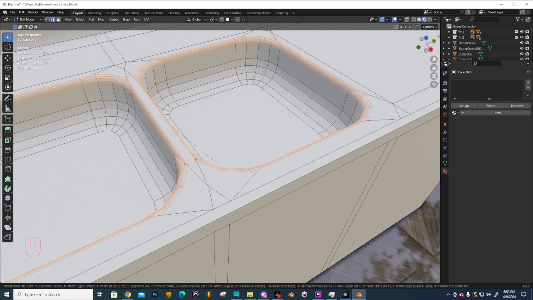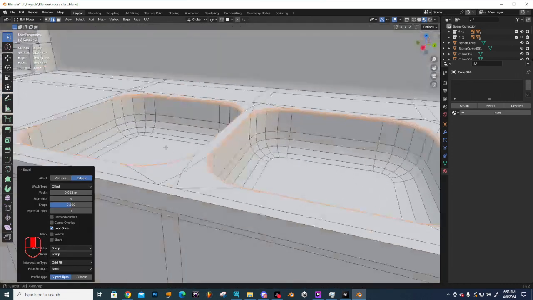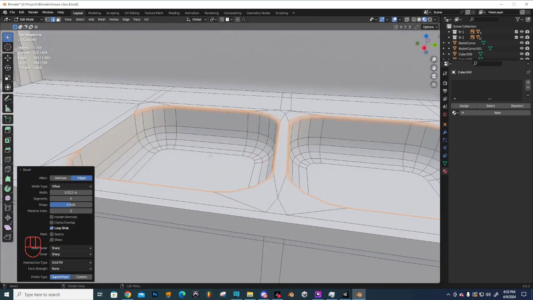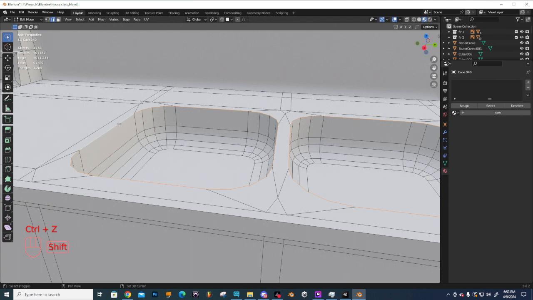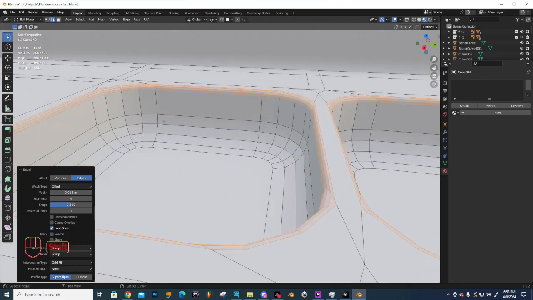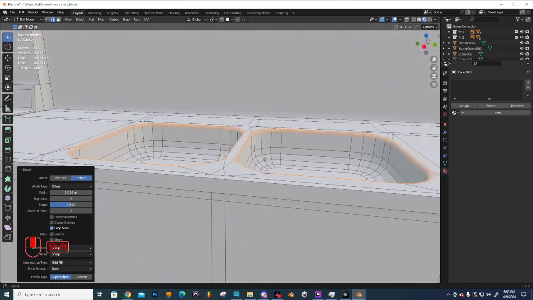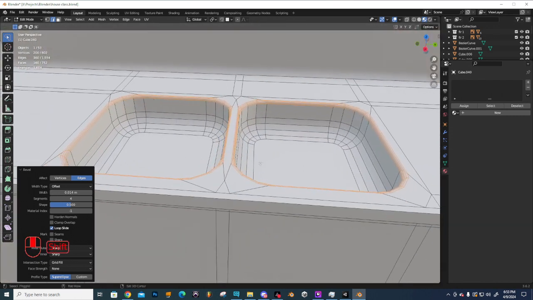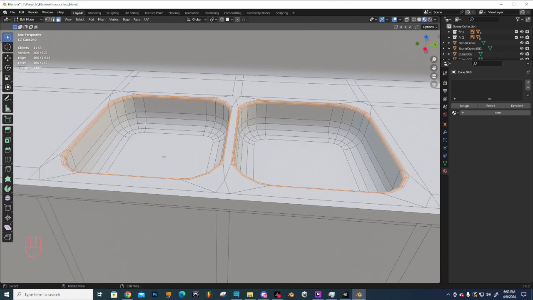Alright, let's see what we got. Not too bad. Oh, damn, the other one didn't bevel though. I forgot that edge right there. Don't want to cross over that edge on the other side right there. Alright, and then from there, we grab this point,